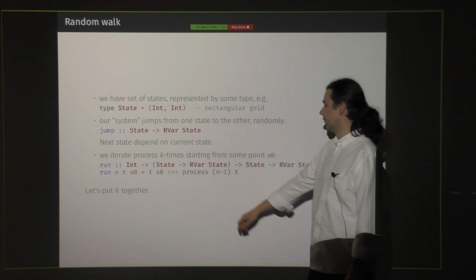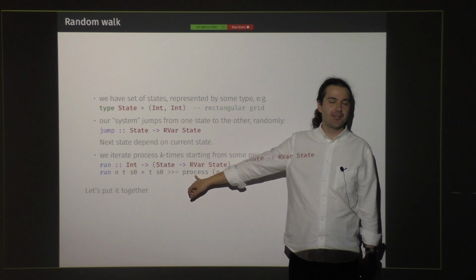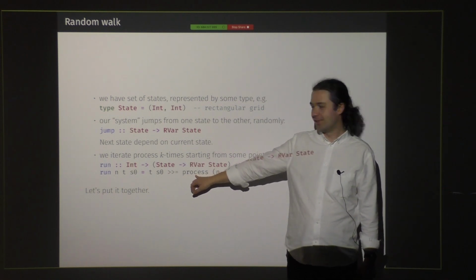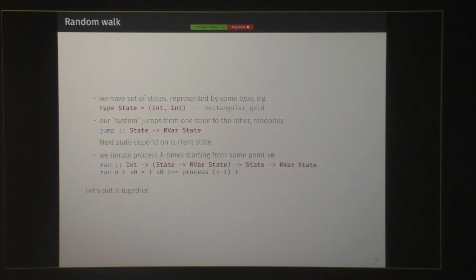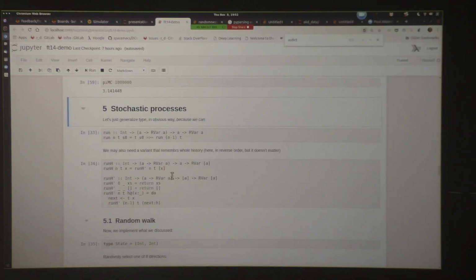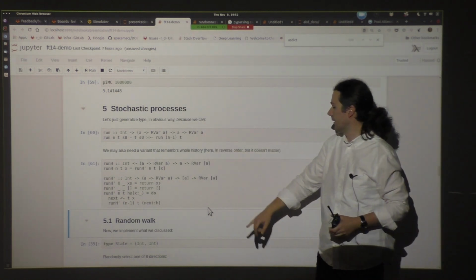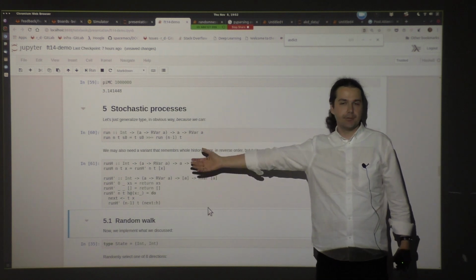And it should be run, sorry, I did not change all the names. This is the recursive definition. This is run. Sorry for that. Okay, we can implement it too. In the implementation, I did not make that mistake. This is the same implementation that I made a little bit more polymorphic, so it's not state, it's some arbitrary type. There is also a helper function, maybe I will not go into details. It's basically the same, but I return the list, I return the whole history. It will be helpful.